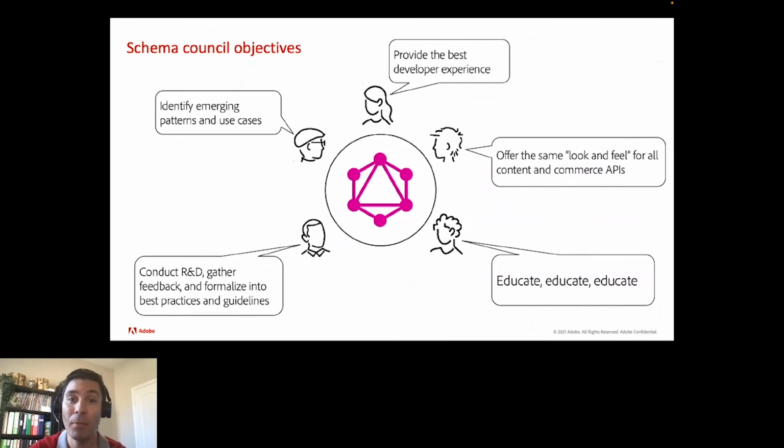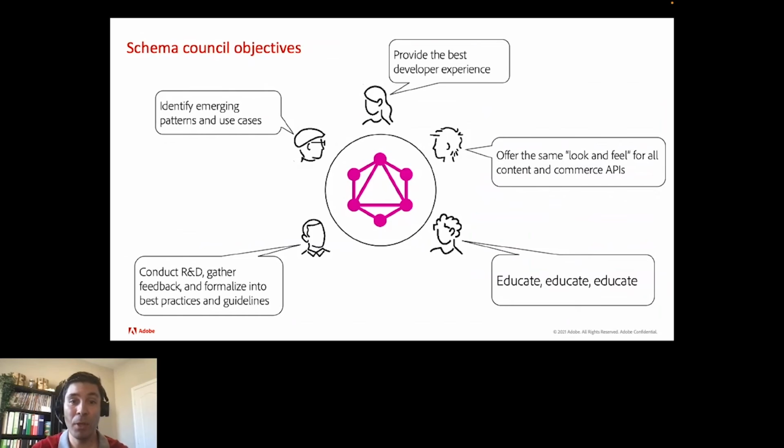The Schema Council is a working group with representatives for each product that we have in Adobe Commerce that exposes any API. Through this API and schema stitching platform, which is the new system, all these products will come together, and the efforts of this team actually become a little bit more apparent, right? So all these guidelines and making all this product work is very important.